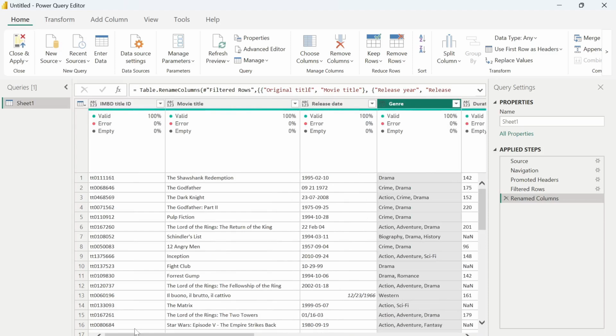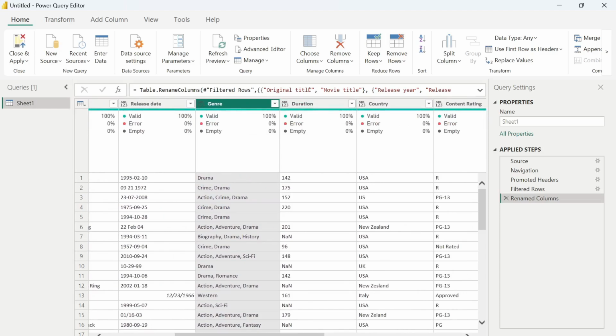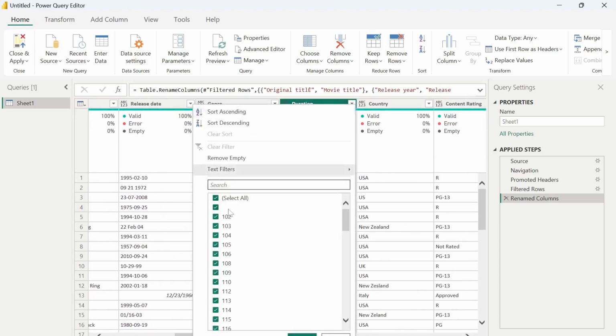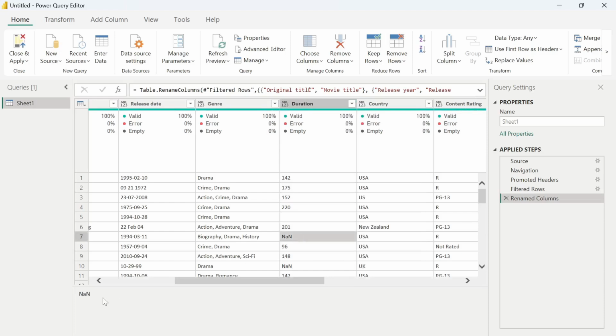The next thing I'm going to look at is the duration column, this particular column. If you look at the values that it contains, you find out that it contains some blanks as well as some numbers and NaN. And currently it is showing as not a number column actually, and I want this to be a number column, so I'm going to replace the NaN with null and the blanks with null so that Power BI can see this as an integer column. So I'll right click. In order to copy first, I'll click on any NaN so that I can get the exact format of the NaN. Copy that,